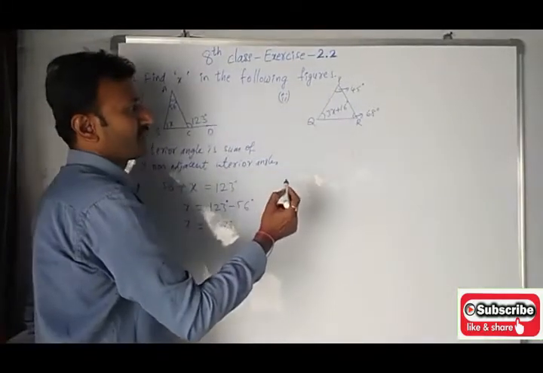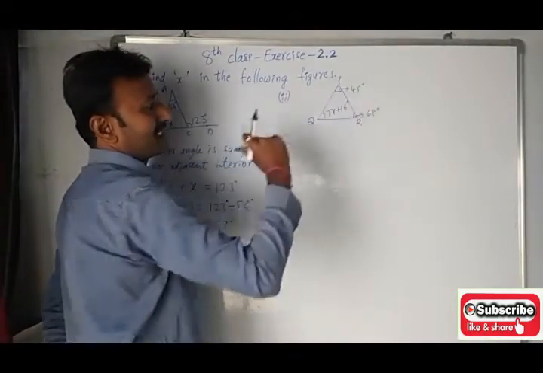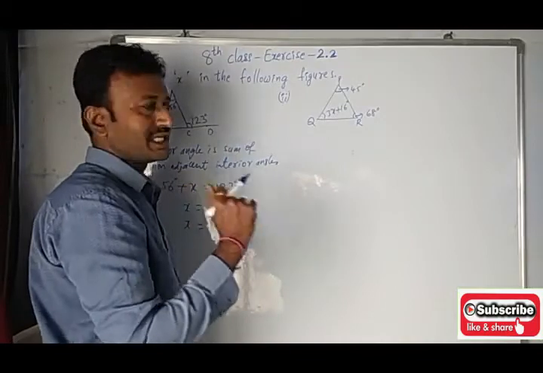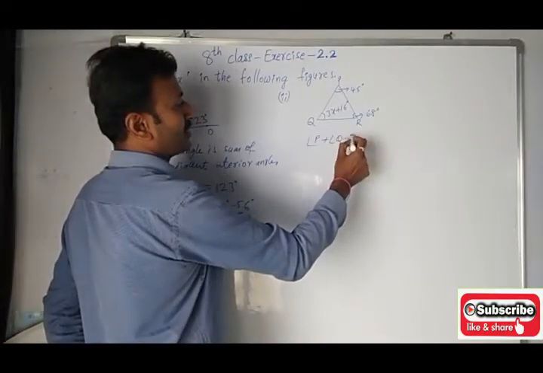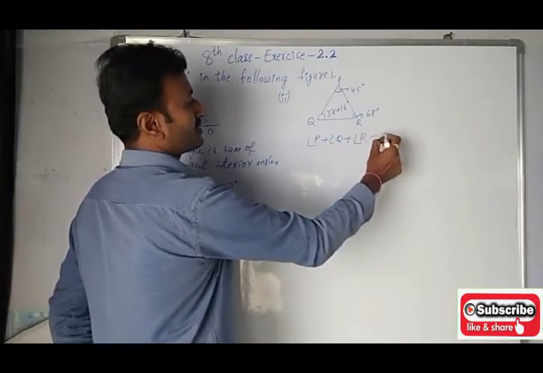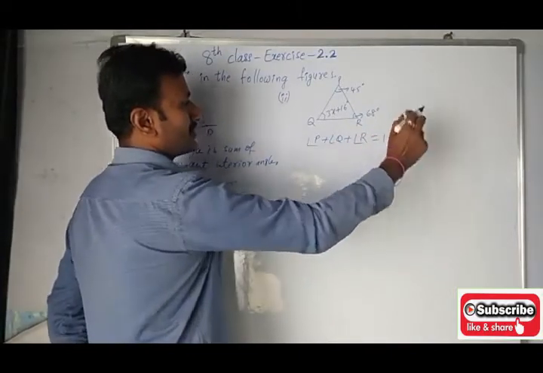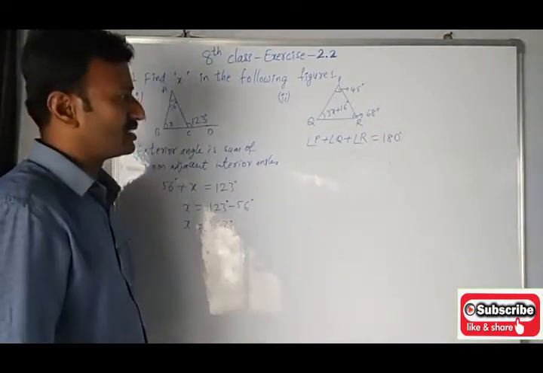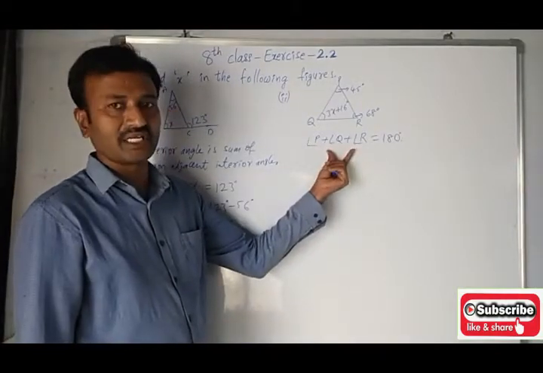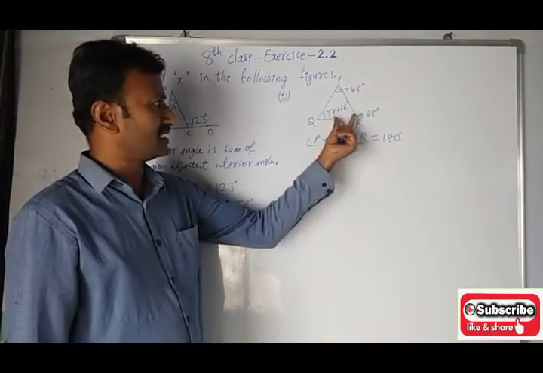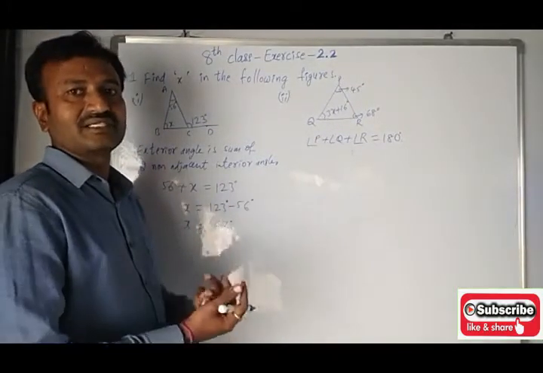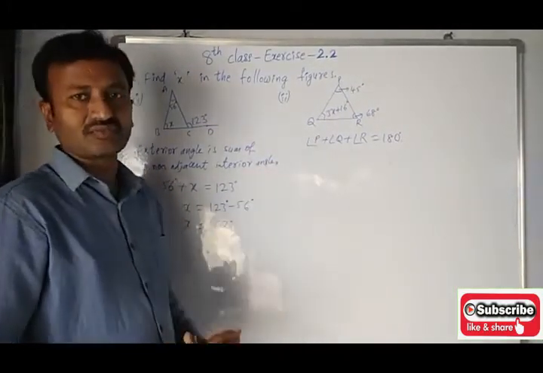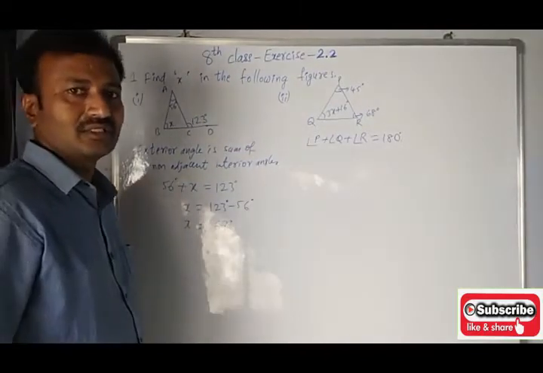We will go for the second problem. Here three angles are given. Angle sum property clearly shown. So angle P plus angle Q plus angle R is equal to 180 degrees. If you know this property, we can understand very easily. According to the question, the property and condition will change. By seeing the question we have to understand and do.